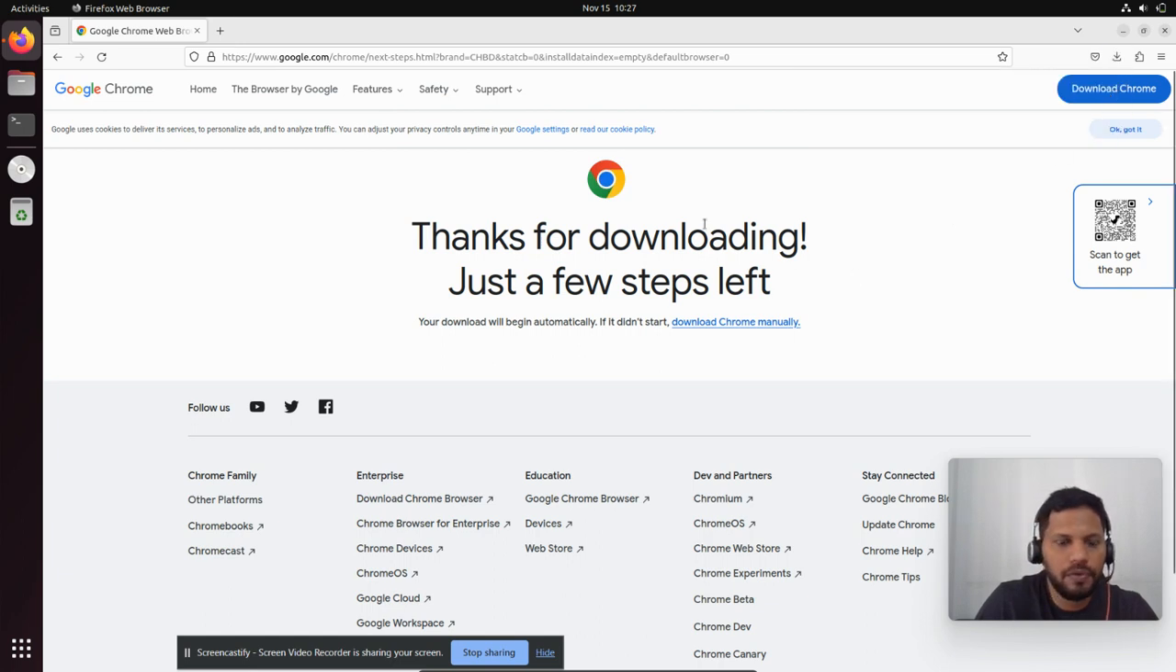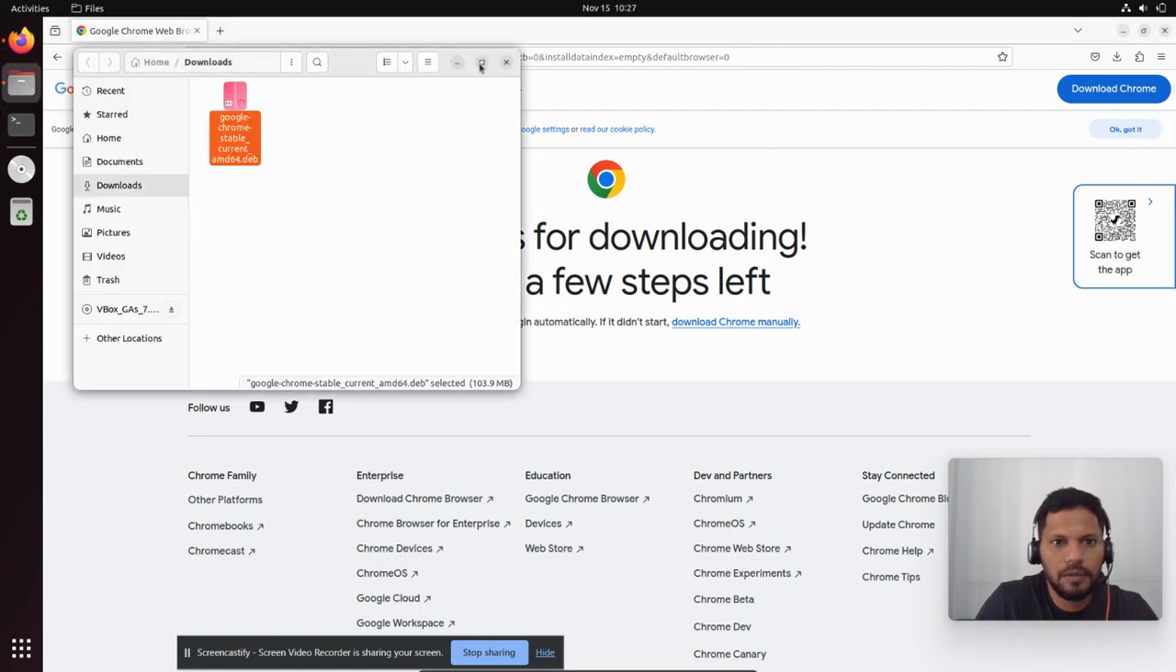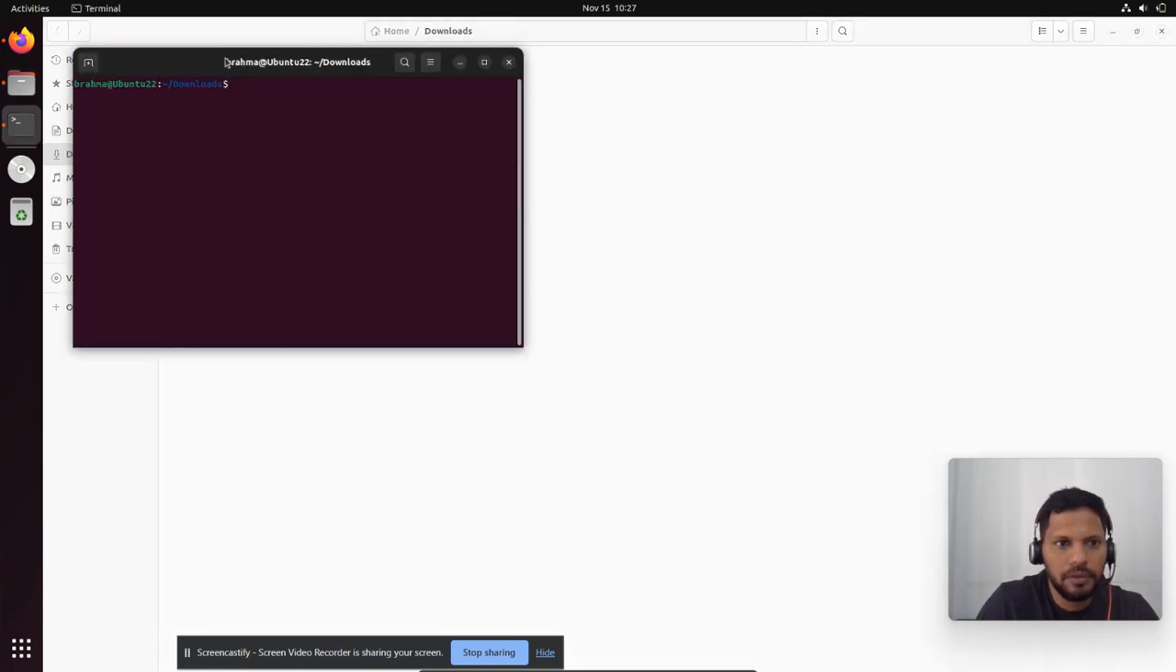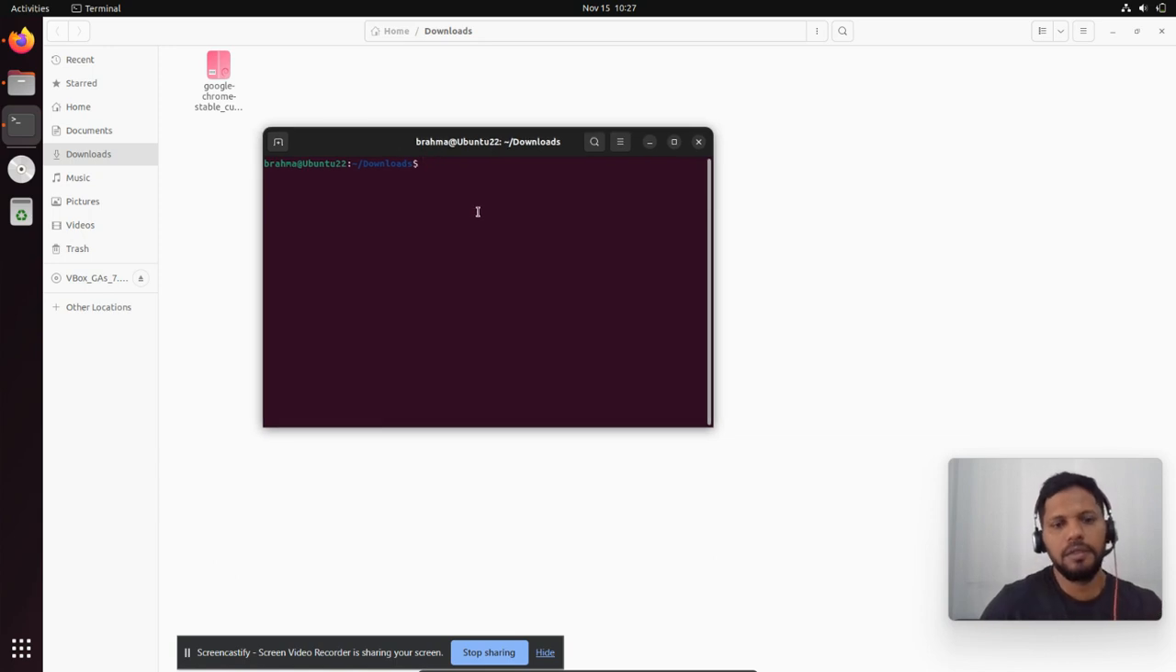Open the downloads folder. So here I'll open my terminal by right clicking and selecting open in terminal. Since I'm not a root user, I will be using this sudo keyword to install it. Simply sudo apt install, and then